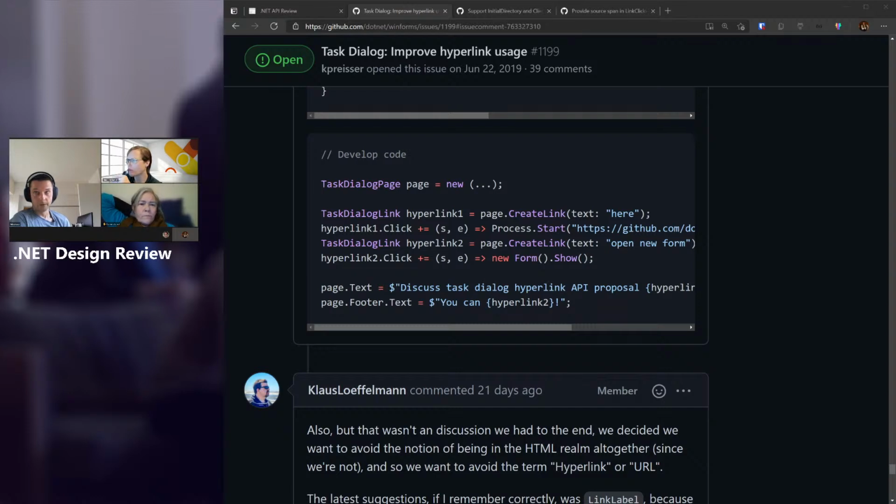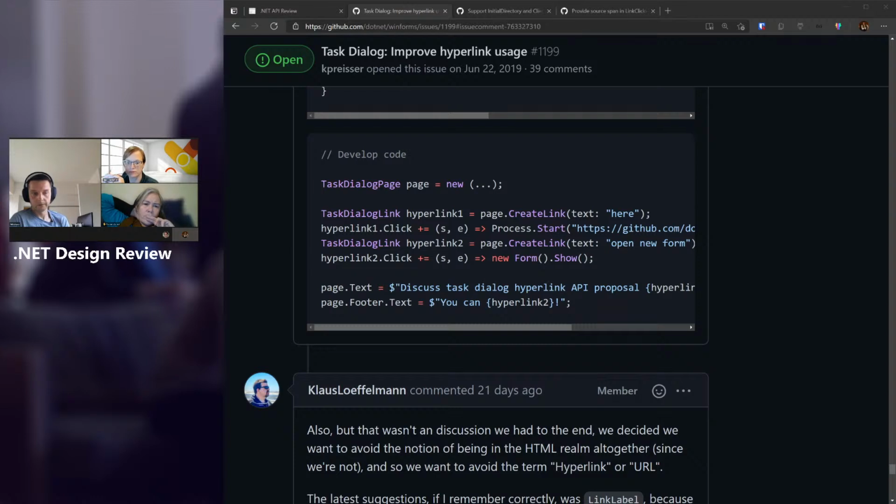Well, that actually may lead you in the wrong way as well, because you may think, I need to create a link and then I need to subscribe to that event, as opposed to subscribing to a hyperlink event. Yeah, it's possible. Again, I don't have data, right? I'm just saying, looking at the API, that's my intuitive reaction to that. I would just say, I'm okay with shipping it as you proposed it. I would just be very surprised if we don't eventually end up with a public event on the task dialog page, because just extending a type is such a pain, right? Compared to subscribing to an event.